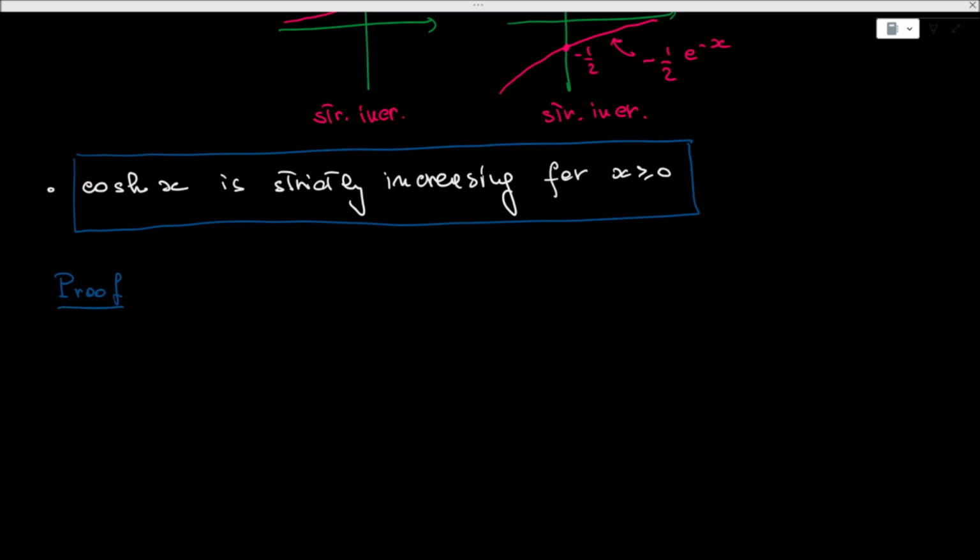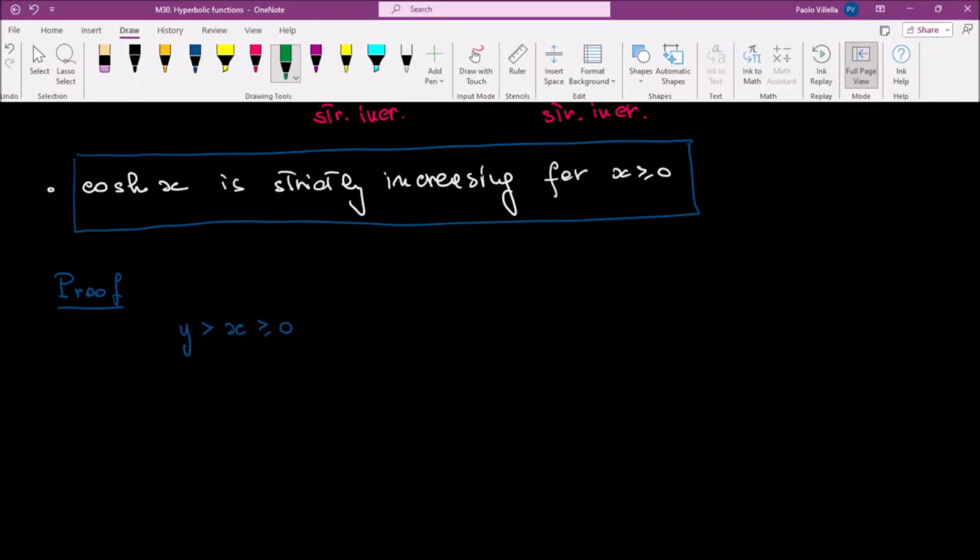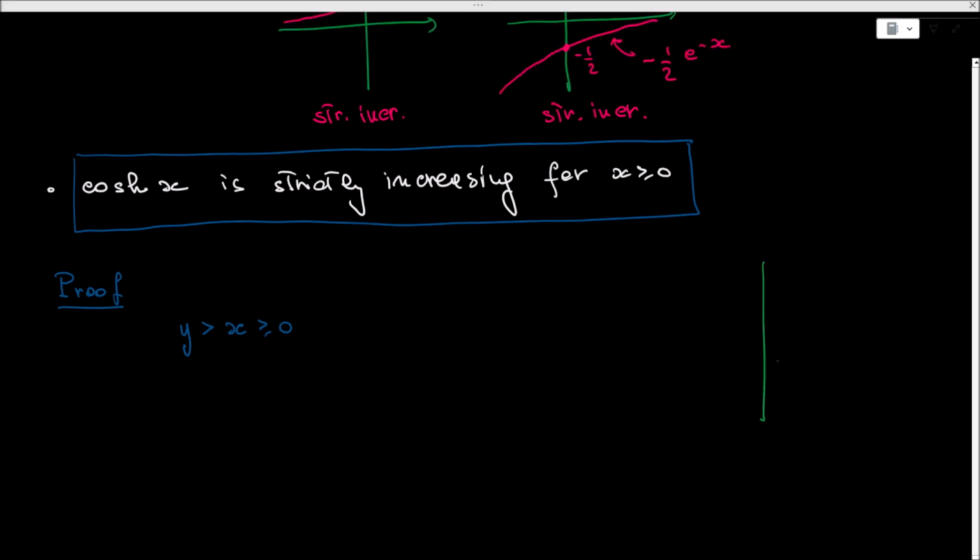So to prove that the hyperbolic cosine is strictly increasing, we need to pick some y larger than x, larger than or equal to 0. So we're saying that we are in a situation where y sits to the right of x, and x is of course larger than or equal to 0. We are in this part of the plane, and we want to now prove